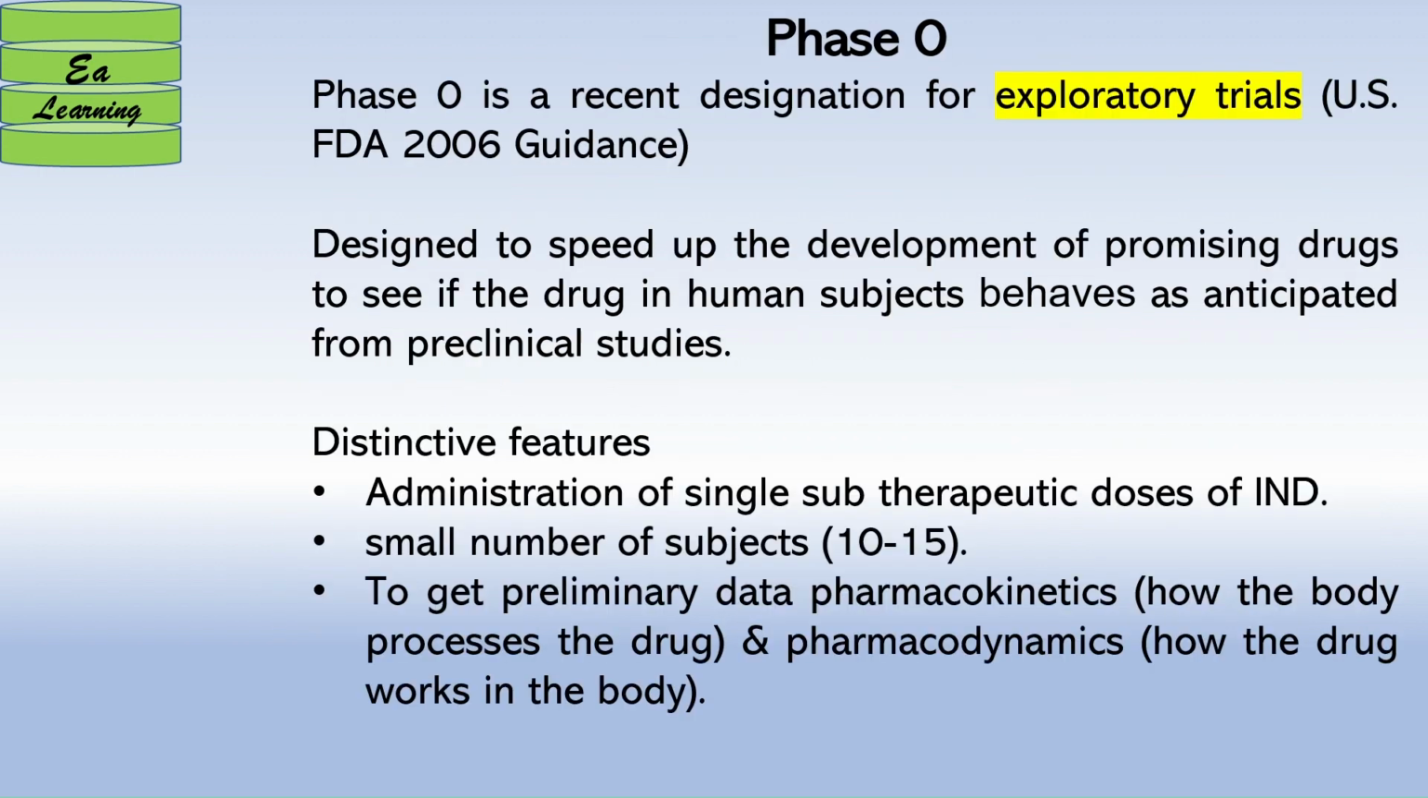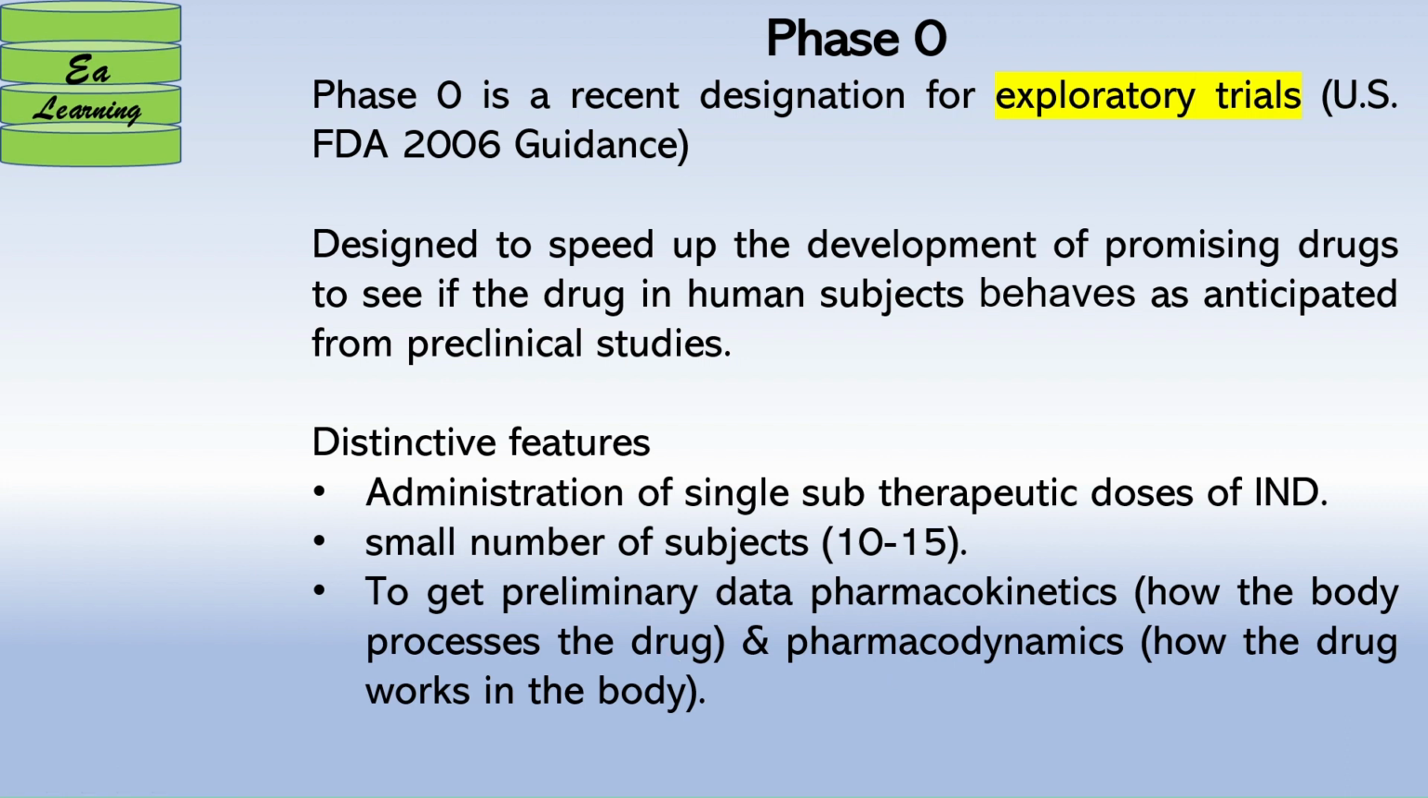First, I would like to tell you about the phase zero trial. Phase zero trials are very new. The FDA started the guidelines and designated phase zero in 2006. This is an exploratory trial, and its aim is basically to speed up the development of any promising drug. A distinctive feature is that it is given in a subtherapeutic dose of the investigational drug, in a small number of subjects, 10 to 15, to get mainly preliminary data about pharmacokinetics